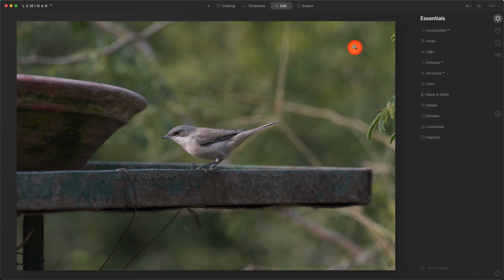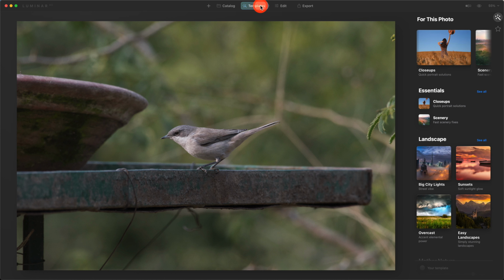Whenever you see this rotating in colors, that means it is processing, and the processing will be completed only once this is solid white. The catalog replaces the earlier panel. Templates is the new thing,